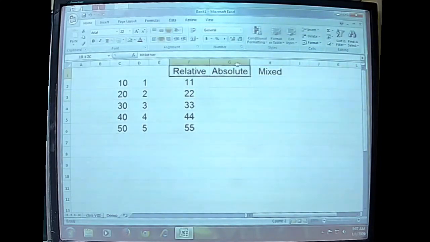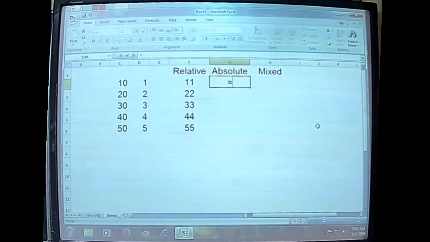In a relative cell reference, as we have seen, the values on both sides used to change from C3, C4, D4, C5 and so on. Now in an absolute cell reference, instead of the value changing, this is how it can be created. Instead of just typing C2 and D2, we will be using the dollar sign for that.